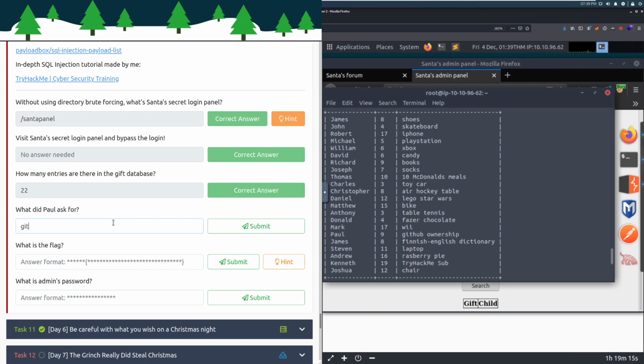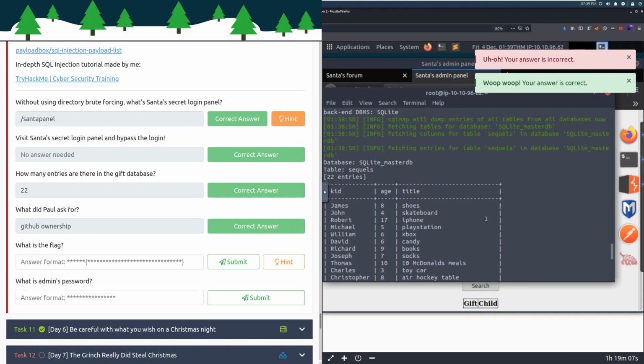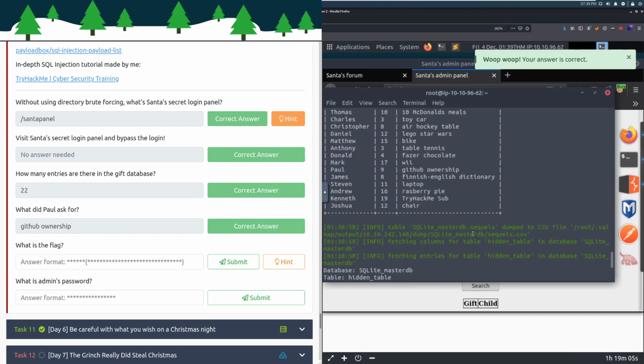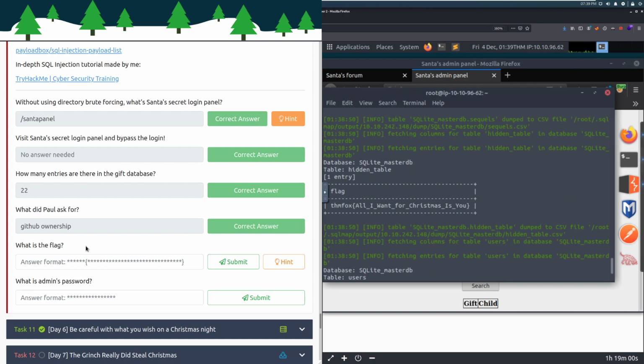Paul, you have good choice in GIFs. Enter that in there, and then we should have a flag in here as well. And it looks like Kenneth wanted a TryHackMe sub. Good for him. And then we have our flag, which is going to be THM Fox all